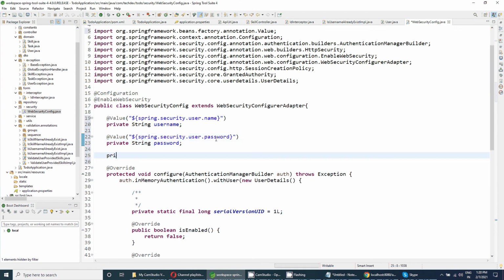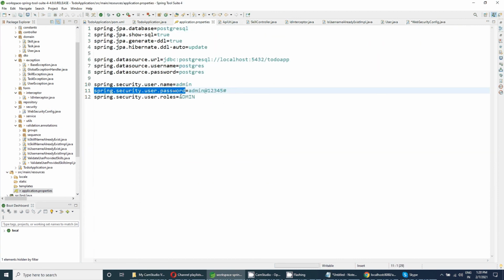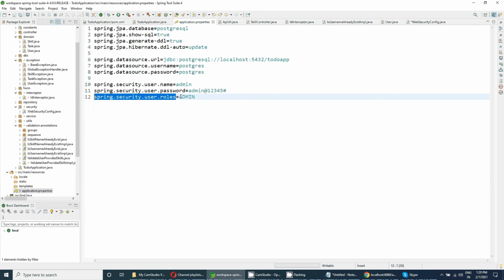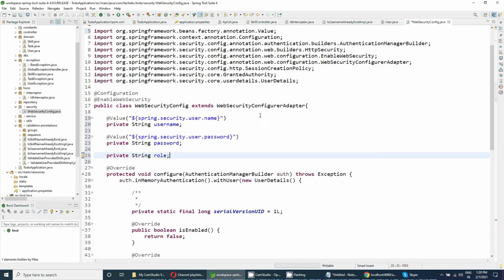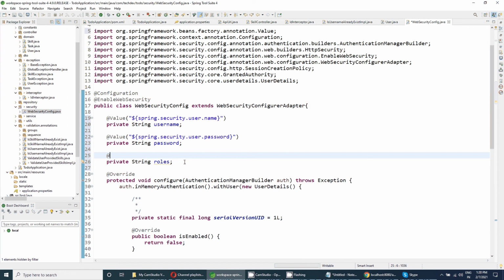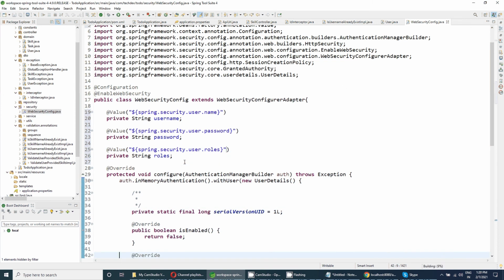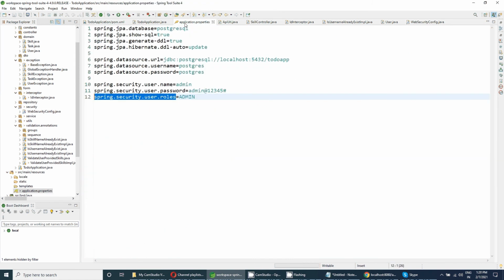Similarly, the role will be there, private String role, or you can say the role of the user, and that will come from this roles. So let's say this roles, and @Value, and the key will be roles. So we now have the username, password, and the roles that we have defined here.